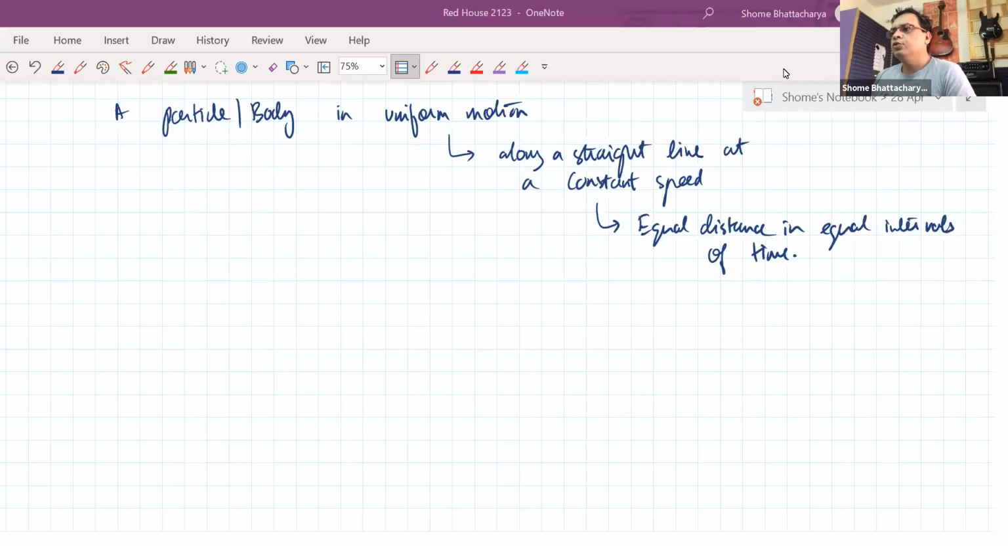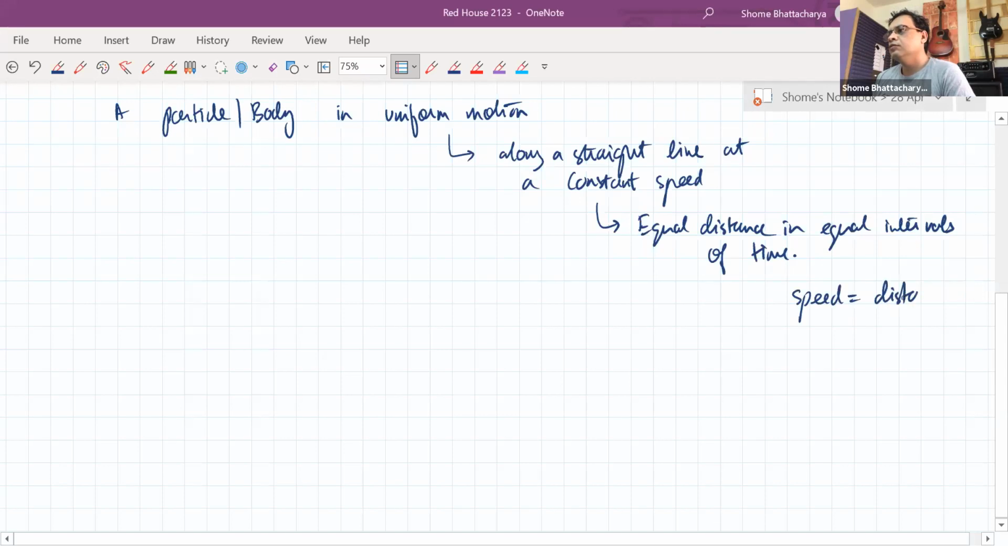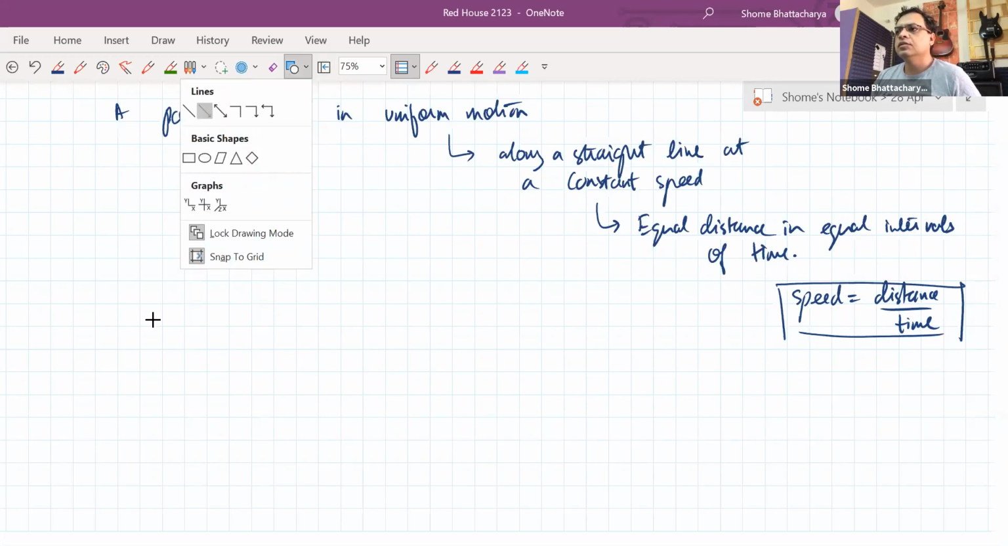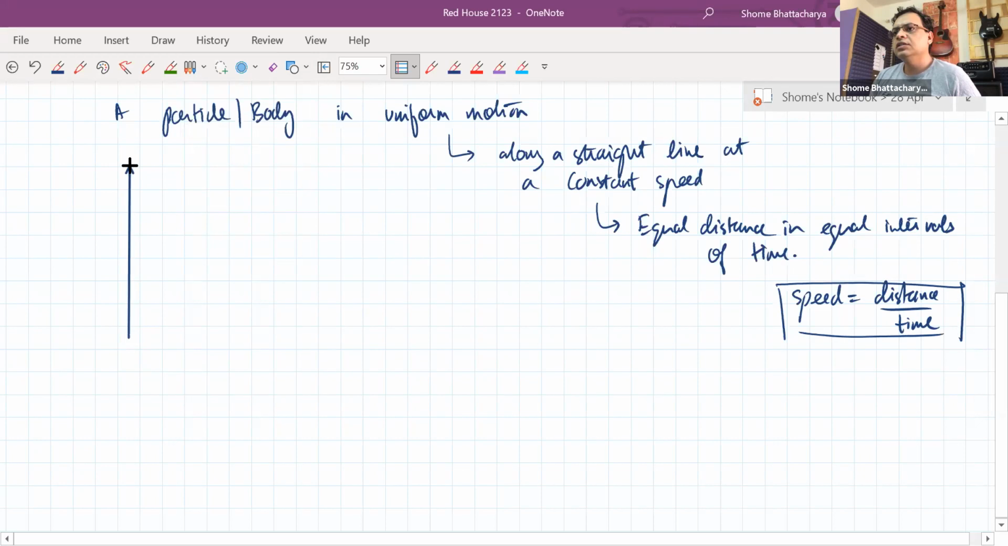Because how do we describe speed? We describe speed as distance upon time, at a very simple level. So if we visualize the relationship between distance covered